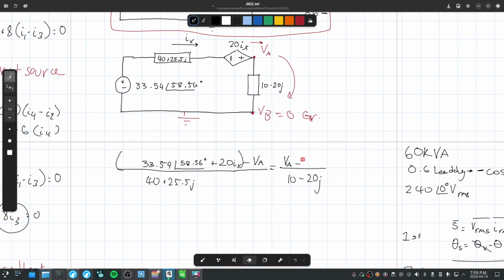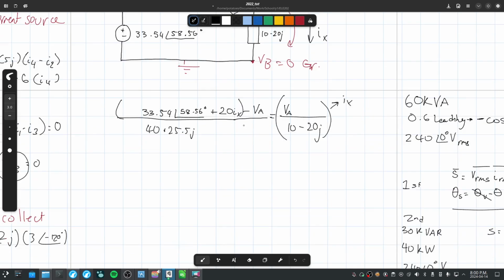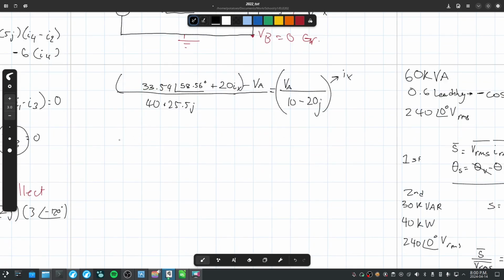Now we have to get rid of this Ix. Recognize that because it's in series, this is also Ix. So this here is Ix. Now this entire equation becomes 33.54 with a phasor of 58.56 over 40 plus 25.5j, plus 20 times 1 over 10 minus 20j VA